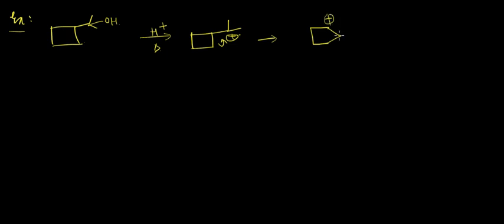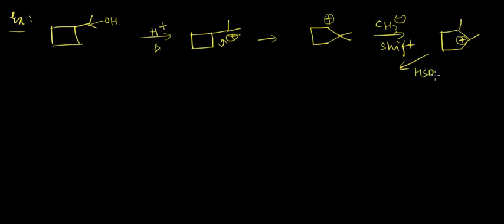Positive charge here and two substituents here. What do we get after this? CH3 minus shift. What do we get after this? We get something like this, and positive charge comes here. Then HSO4 minus will attack on the alpha hydrogen here, and we'll get this as our major product. Okay,